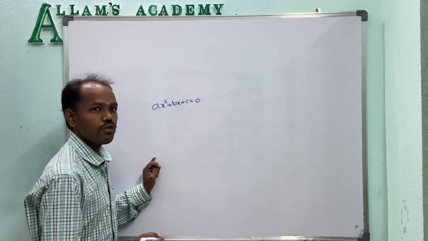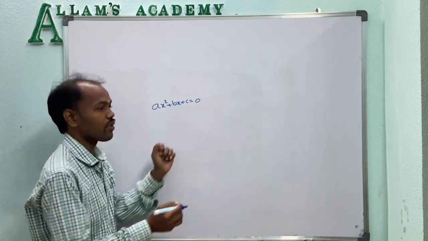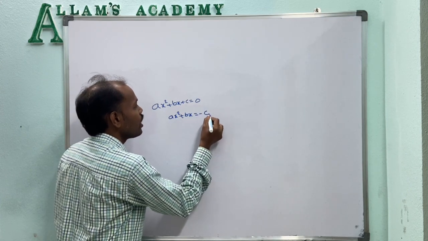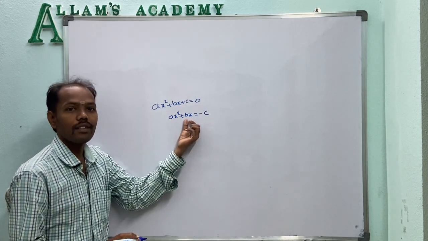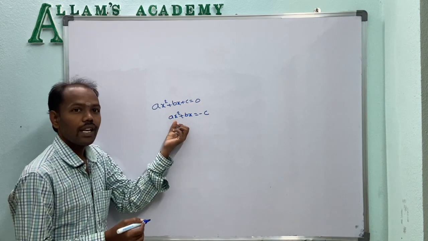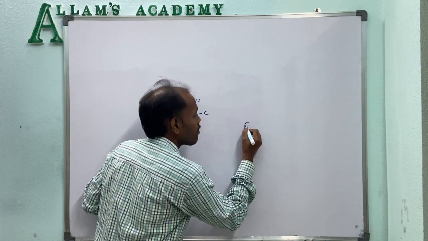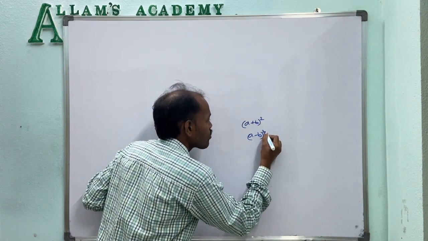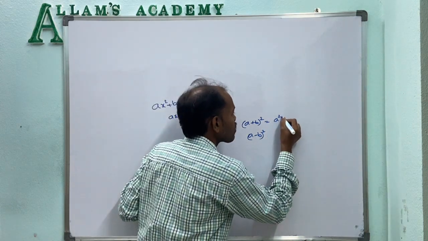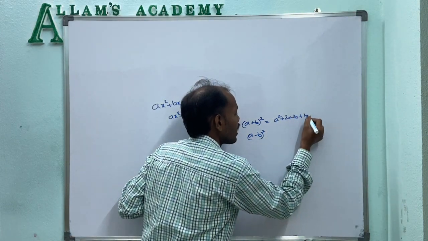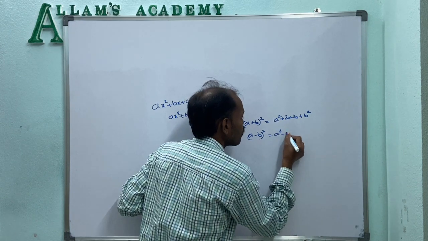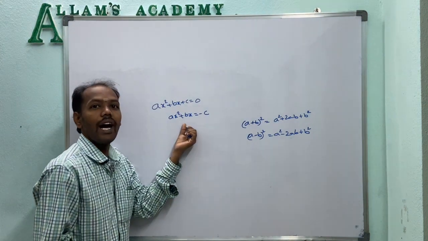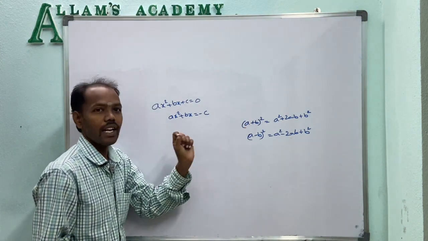Here, what we have to do is transfer the constant term to the right side. So x square plus bx equal to minus c. Now this LHS, x square plus bx, we convert into a plus b whole square, otherwise a minus b whole square. Here a plus b whole square means a square plus 2ab plus b square, and a minus b whole square means a square minus 2ab plus b square. So we adjust the b term and it becomes a plus b whole square or a minus b whole square.